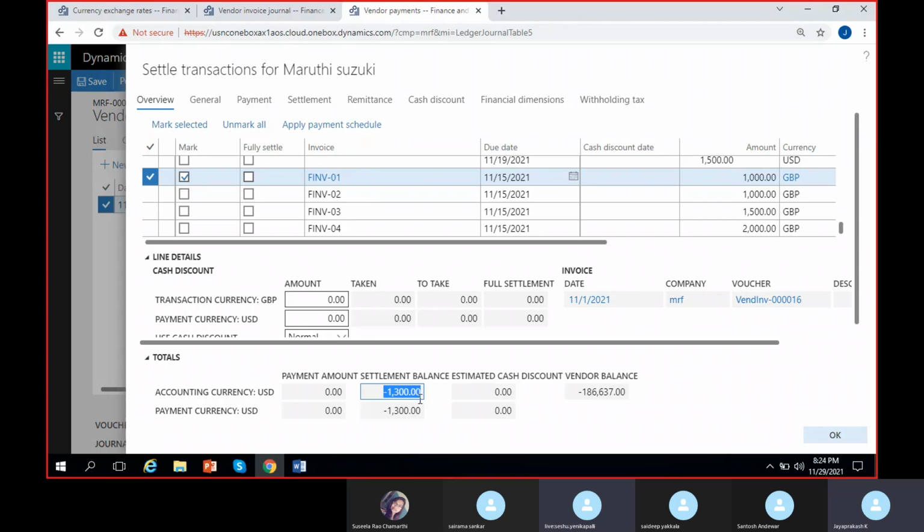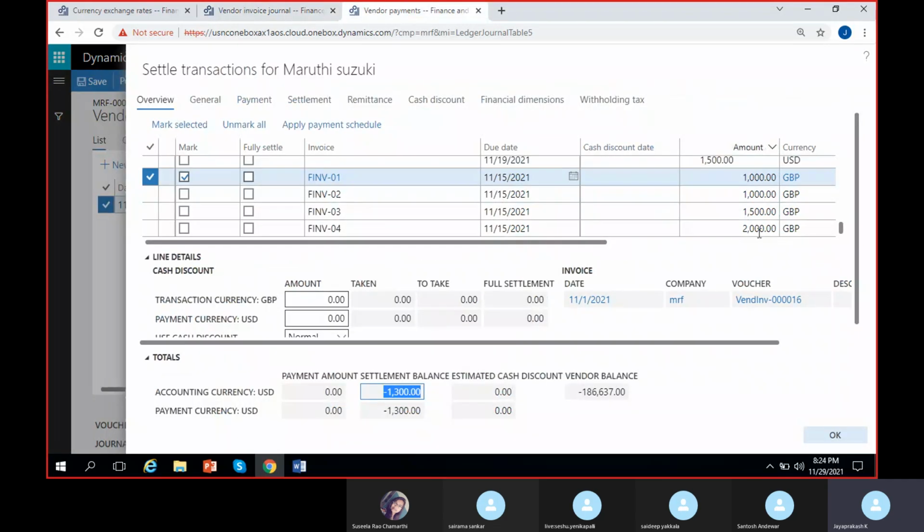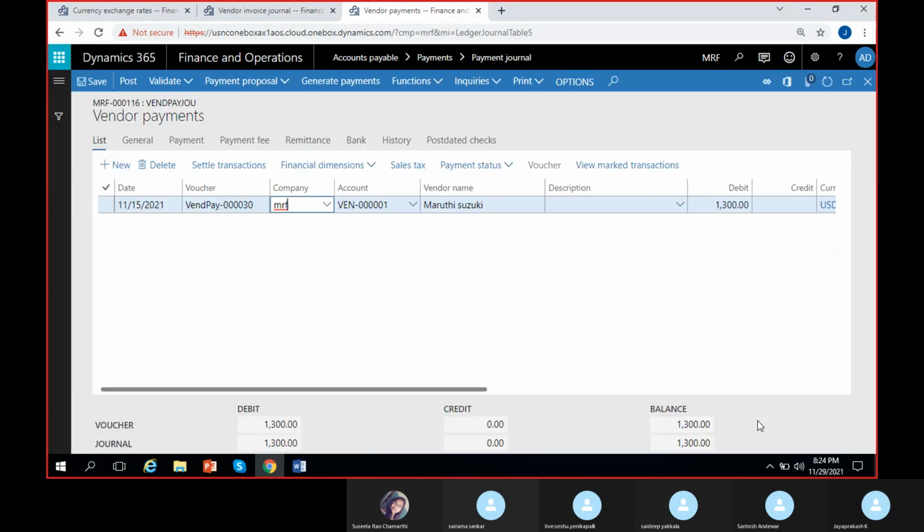The exchange rate differs, from the date of posting and from the date of settling. So on 15th of November, I have an exchange rate of 130 US dollars for 100 GBP. This invoice that I'm going to settle is for 1000 GBP only. But converting into US dollars, it is 1300 US dollars that you are paying to the vendor for settlement of this 1000 GBP. So if I click on OK,